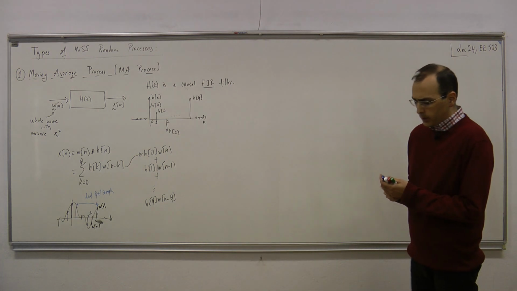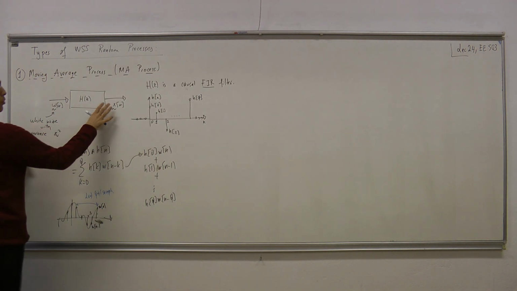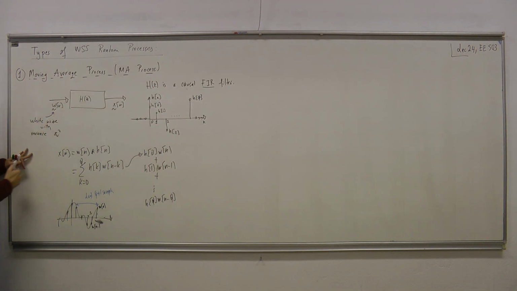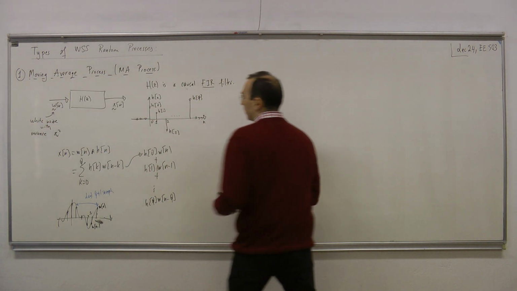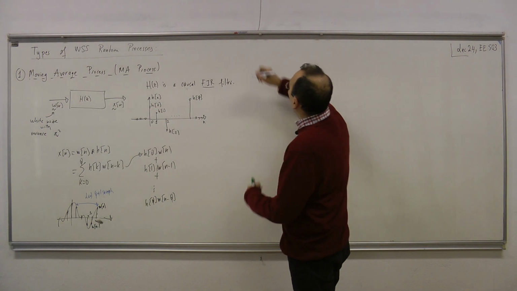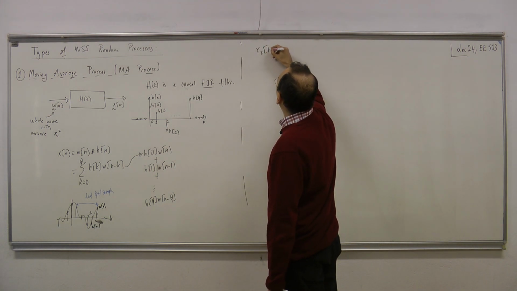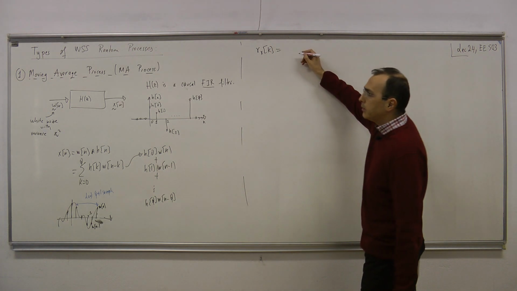Now what is our task? Our task is understanding, if I have such a random process generated by this moving average filter, what are the properties of this random process? In other words, what is the output autocorrelation, let's say power spectral density, etc. So I know the following from my earlier analysis. The output power spectral density is nothing but,